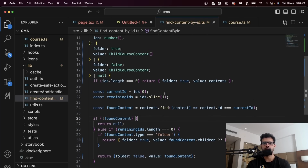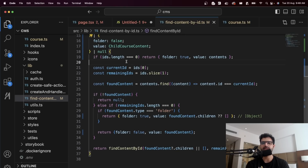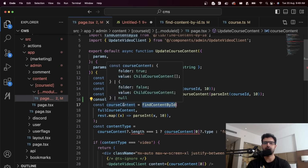All right. I've changed this function a bit. At the end, after this is fixed, let me take you through the complete diff of the changes made here, so you can understand this a little bit better. Right now, I've changed what this function returns. Before it used to return something else. Now it returns a slightly more complex object like this. So wherever this is being used, I repeat, wherever this is being used, I need to say